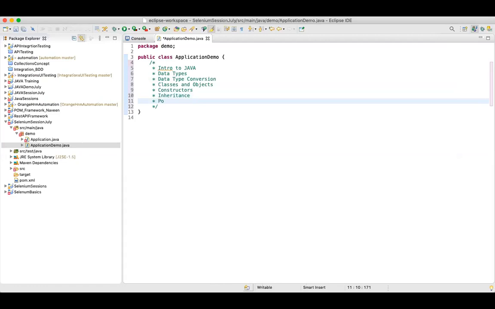Then you can have polymorphism, and then you have abstraction. These are all the features of OOP. Guys, I'll tell you one by one. Don't worry.